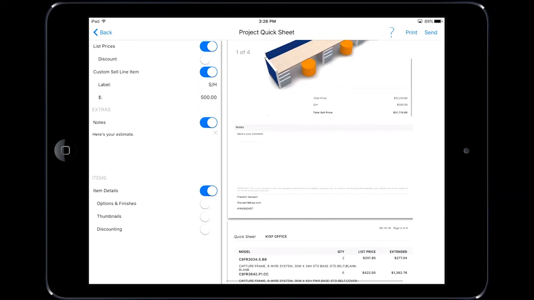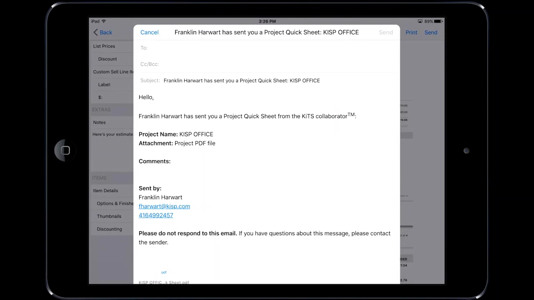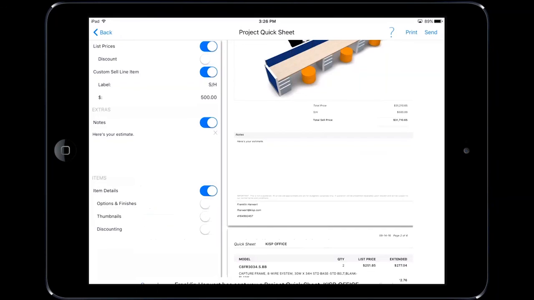All right? And once I'm satisfied with that, I can go ahead and tap on Send. Just remember that it's going to use your default email on your iPad, so if it's not your professional email, you may want to send it to your professional email first. If not, you can go ahead and send that, and off you go. And that's pretty much it. We've now shown you how to use the advanced search and the configure pricing